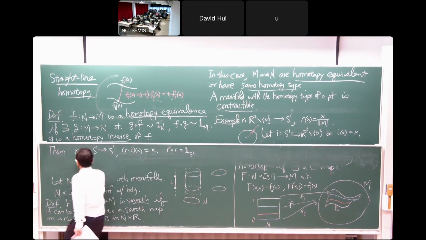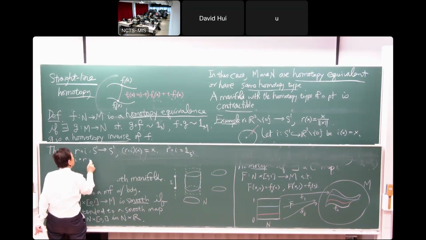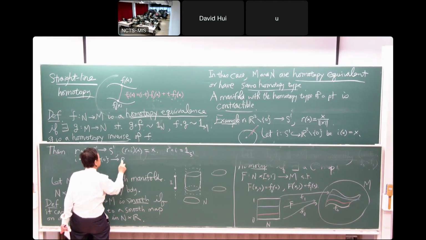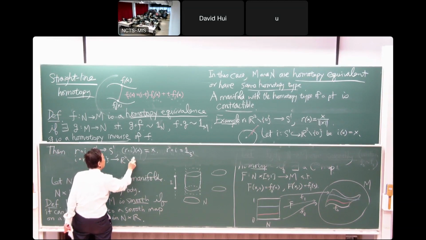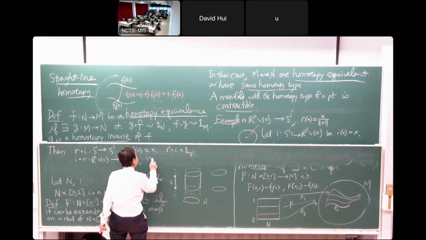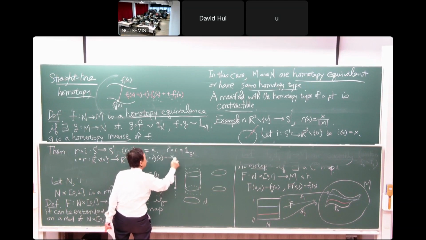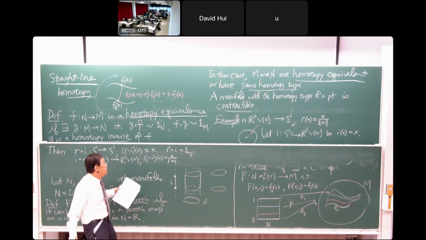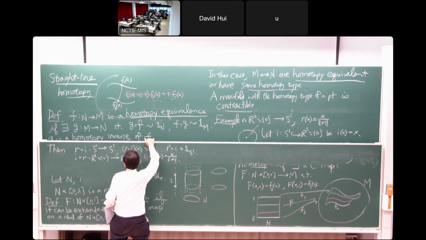Now, I composed with R goes from the punctured plane to the punctured plane, and it takes x to x over its length. That's not the identity,